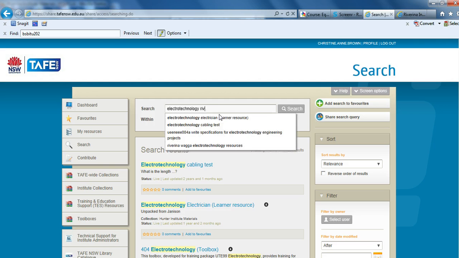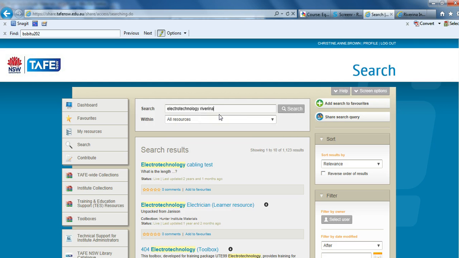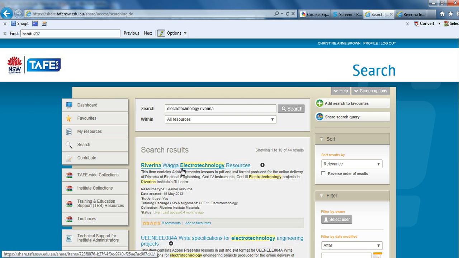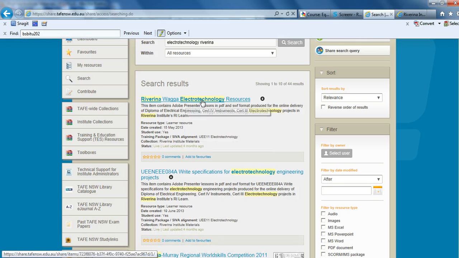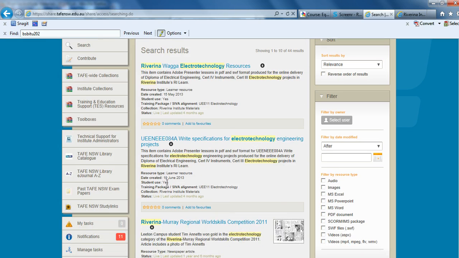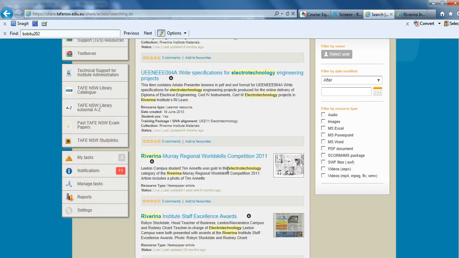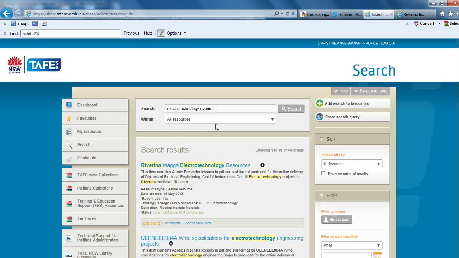So if we add Riverina to the search, I know that that was used in the descriptor. And you'll see that when that search returns that we've got Riverina and electrotechnology this time, so you can see Equella is highlighting the search terms as it finds them. However, I still can't see the list of all the units. There's one of them. So if I add one more term to this, and that is RI Learn, which we also added to the descriptor,